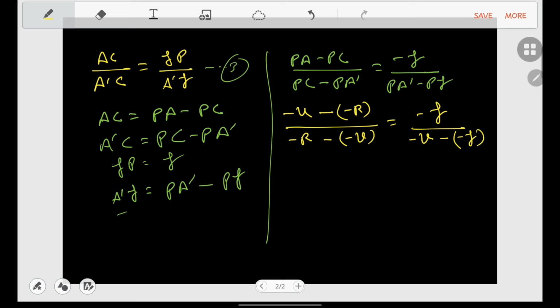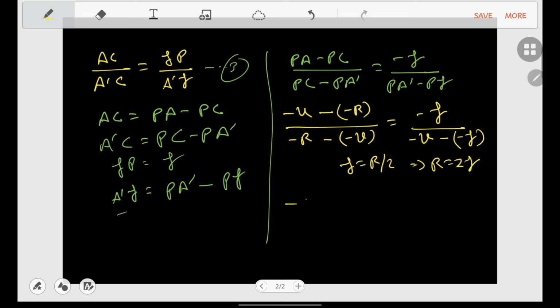Now we know the relation between F and R, that F equals R by 2, so we can write R equals 2F. Once we have put down the negative sign here, that means we have already used it, so we don't need to write the negative sign once again. We will just put the value of R here, that is 2F.